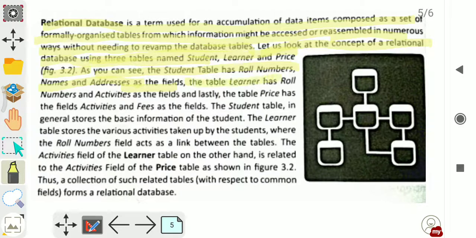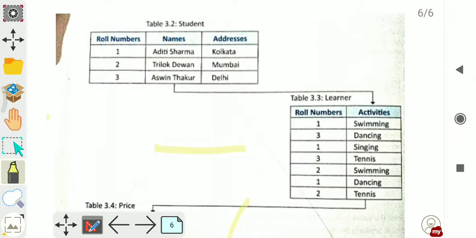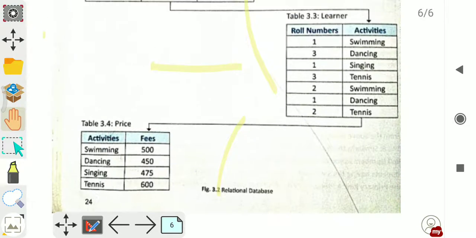The table learner has roll number and activities as the fields. Lastly, the table price has the fields activities and fees. It means activities and fees, as we have discussed here.